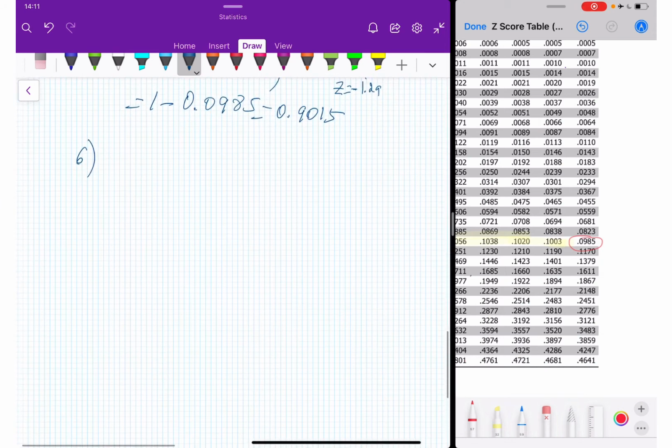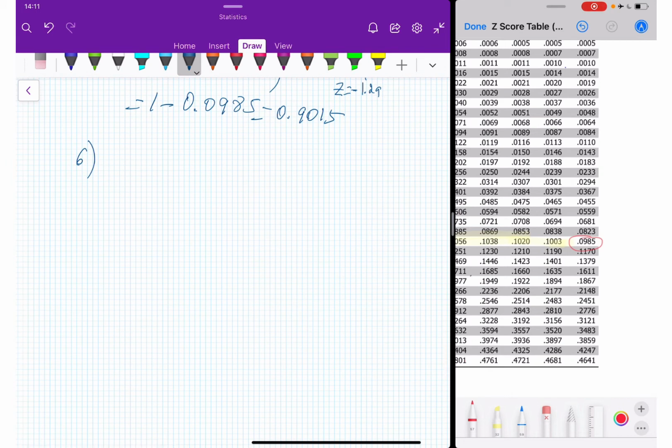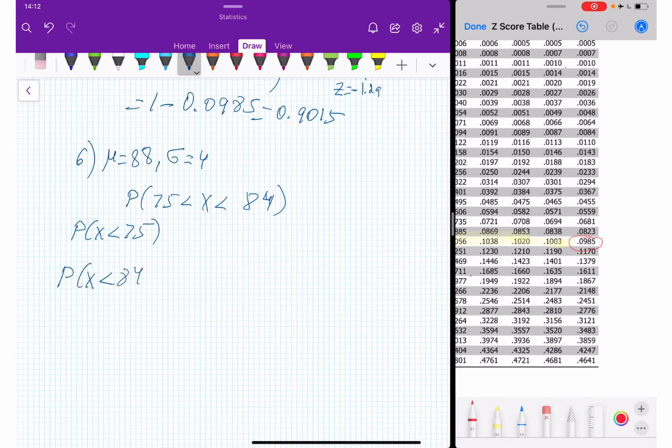What do we have? We are given average is 88. Standard deviation is 4. So find the indicated probability, and probability is x is greater than 75 and less than 84. So what do we need to do? First we need to find probability x is less than 75, and then find the probability x is less than 84. Okay, so to find it,